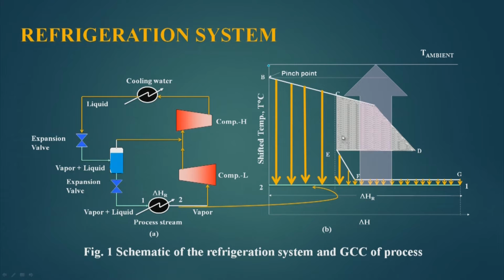Now, the trick is that if you see here, the delta T available is very large, whereas the delta T available here is small and here is a little bit large. So, we should not operate the cooling system with such large delta T, and we can decrease it by providing multiple cooling utilities or multiple refrigerant cooling utilities, and by doing so we can save the energy. We will see in the next figure.